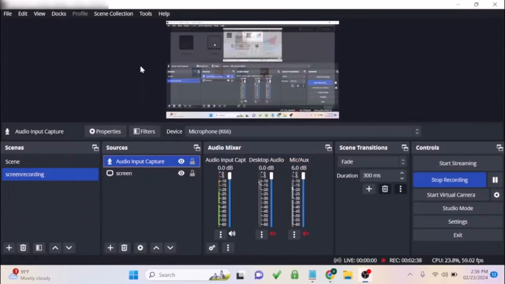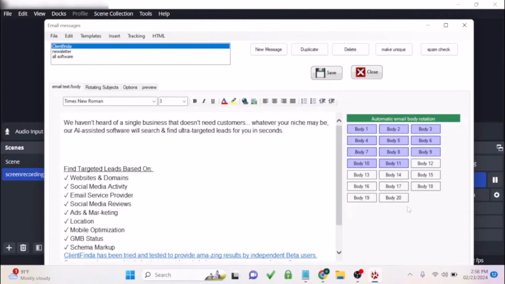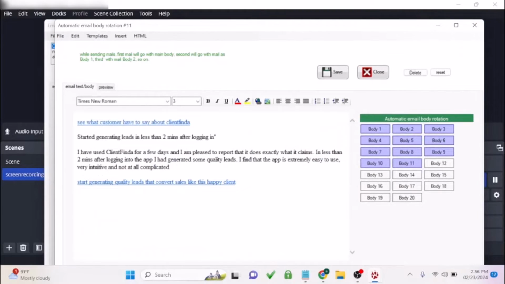So if I go back, can you see 20? All we have to do is create email content for each body. You have to create the content. I've already created 3 to 11. Can you see the different